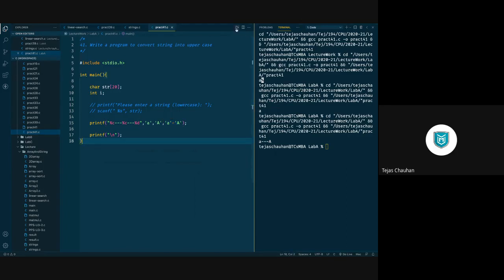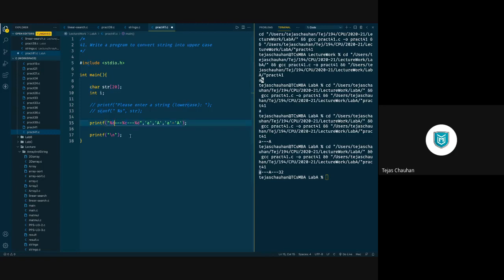Now if I run this code, as you can see, the difference between small a and capital A is 32. And this is a positive 32, which means small a has a larger ASCII value. Now, if you also want to see that ASCII value, instead of %c you can use %d, then you'll have that ASCII value also.